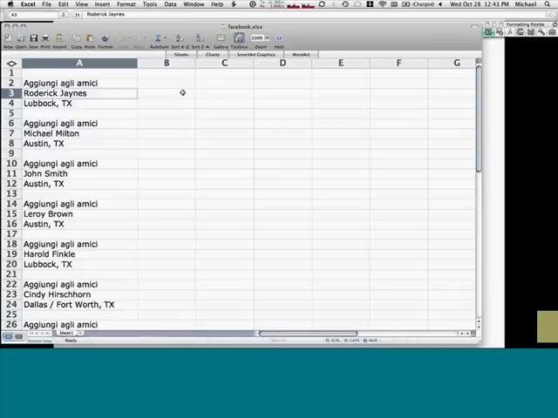And one of their problems is looking at their Facebook information. These aren't the actual names of their Facebook followers. It's a wonderful organization. I would suggest you become a Facebook follower of them, but I made up names just to conceal people's identities just in case. But this is stuff that I literally copied and pasted right off of the Facebook website, because Facebook isn't designed to give you a neat, clean export of that information.